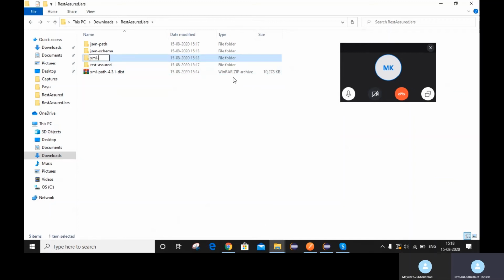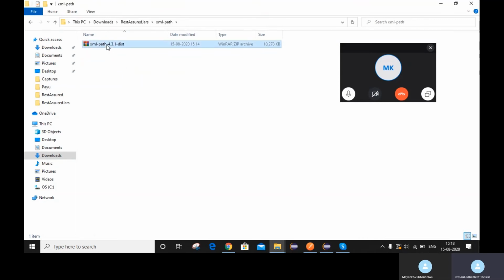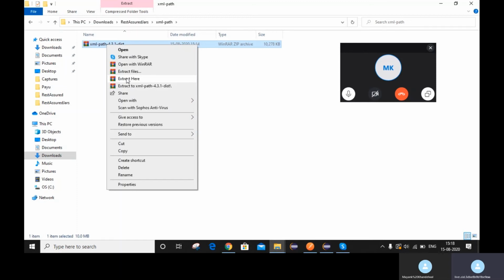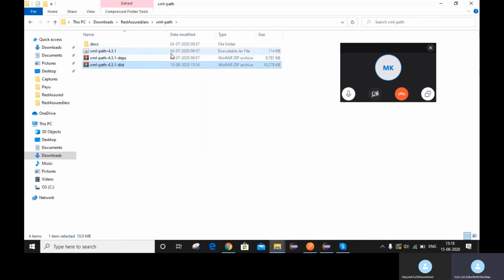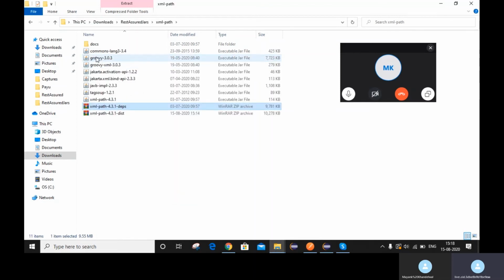XML path. Yes guys, so we have got this file also. Let's extract it now. Yes, so guys, now we have downloaded all the jar files.